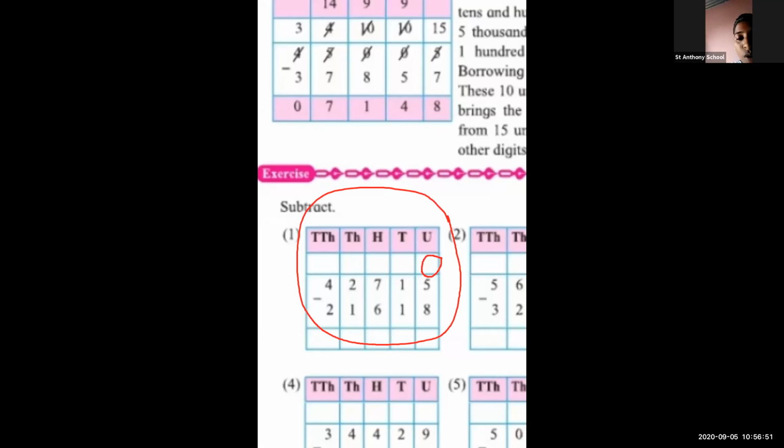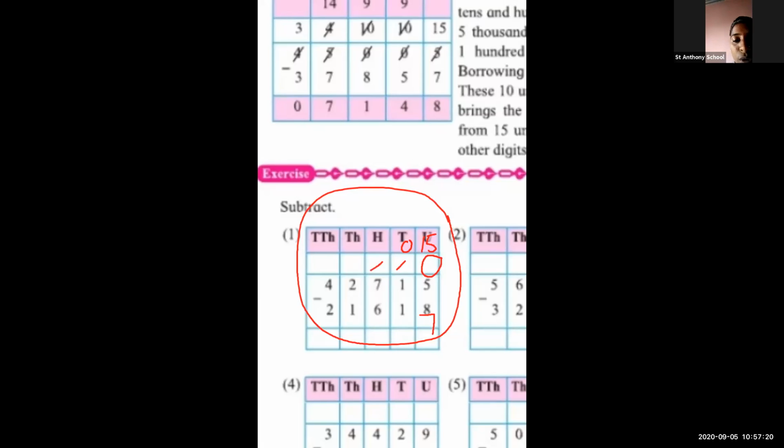You want to write 5 over here. You want to take 1 from here. Remaining here is 0, because 1 is already given to you here. After that, now 15 minus 8. Count it, 15 minus 8. Your answer is 7. Now 0 minus 1. Is it possible? No. What will you do now?